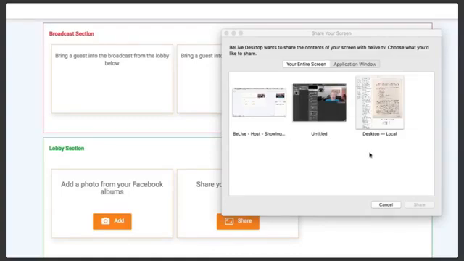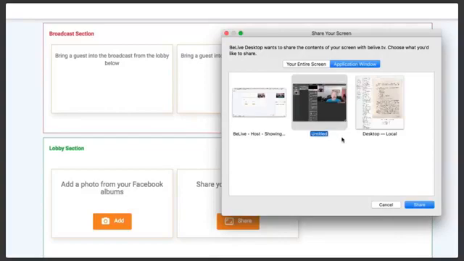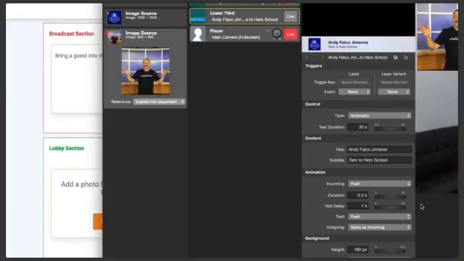There we go. So yeah, Mimo Live is showing. If I want to show people Mimo Live, I would click on Mimo Live, and that's when I want to share my screen. All right. So if my teaching that I'm going to be doing is not Be Live and it's actually on Mimo Live, I'm going to select that application to show the audience when I'm ready. All right. So I'm going to hit share,